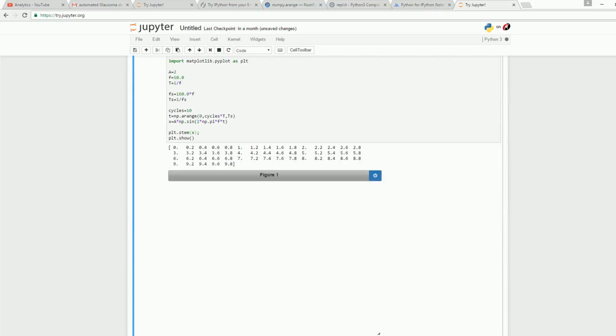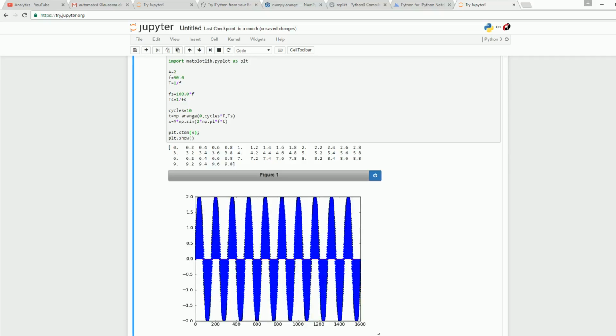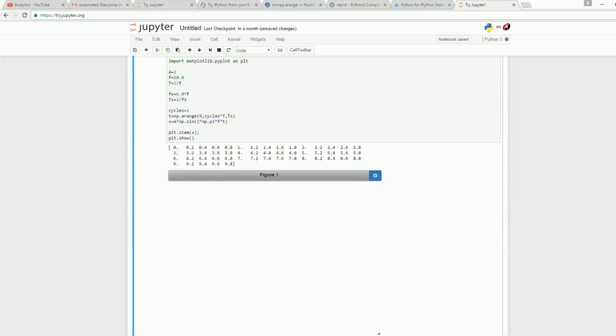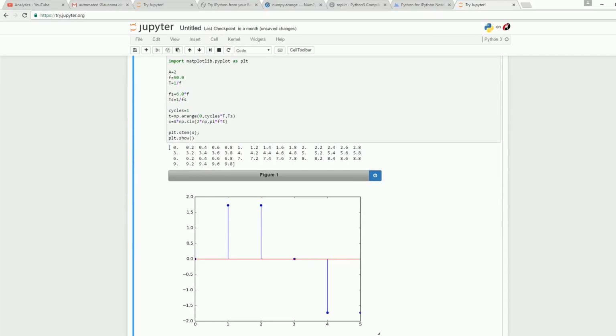There is one more plot which is known as the stem plot. Let me show you by reducing the number of samples to 6. So stem will represent every independent value. Let me take just 1 cycle. Okay. So if you take the sampling frequency to be 6, these are the 6 points where it is going to be sampled. As the sampling frequency is changed to say 16,